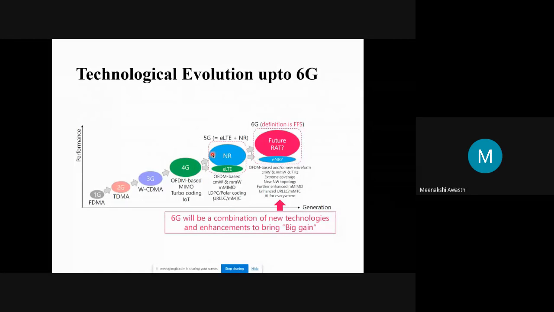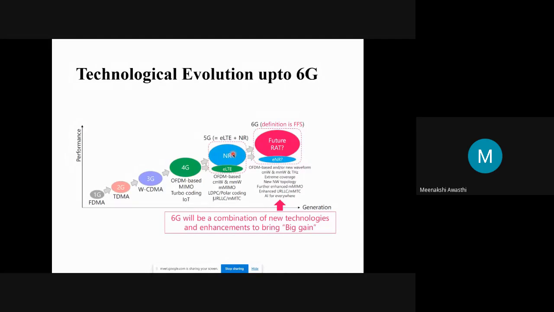So 5G is basically a combination of enhanced LTE and new radio, and the technologies used in 5G are OFDM based cmWave and mmWave, massive MIMO, LDPC, polar coding, URLLC, MTC, that